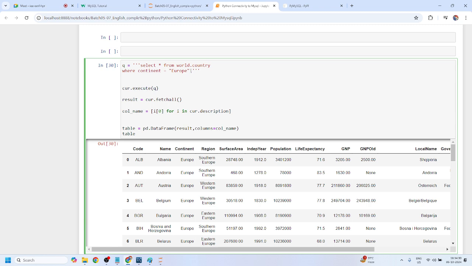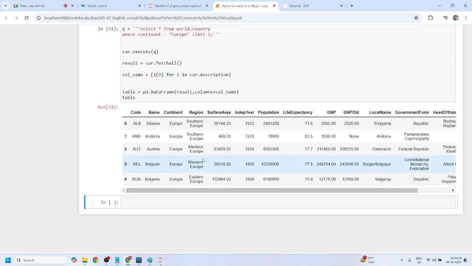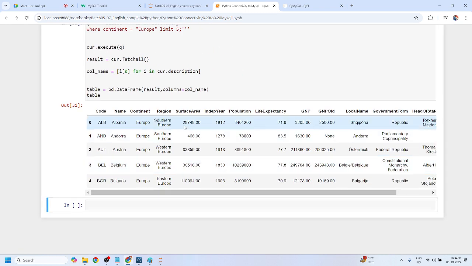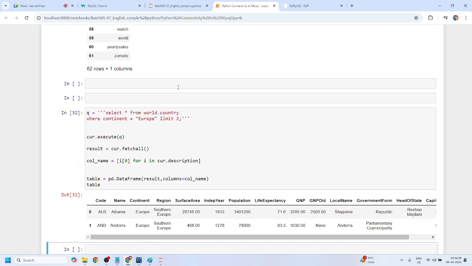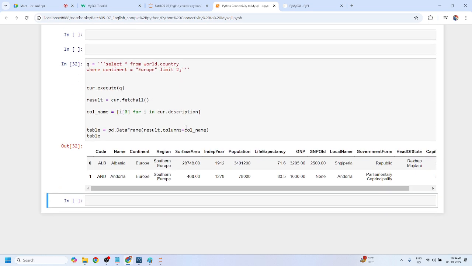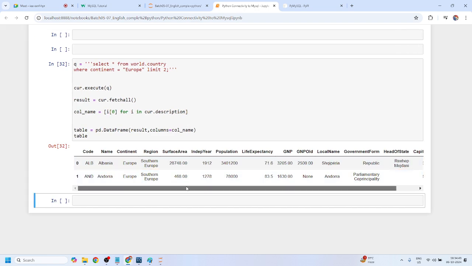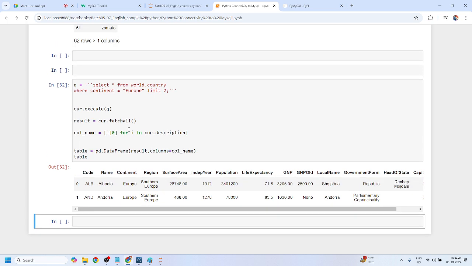Suppose I want to limit this result. Limit 5. I know that limit 5 is only to limit the result to 5 rows. Limit 2. Pradeep sir, yes or no? Don't you think that all SQL queries are running perfectly? Right? So in this way, candidate, we can connect our SQL or MySQL to Python, and we can